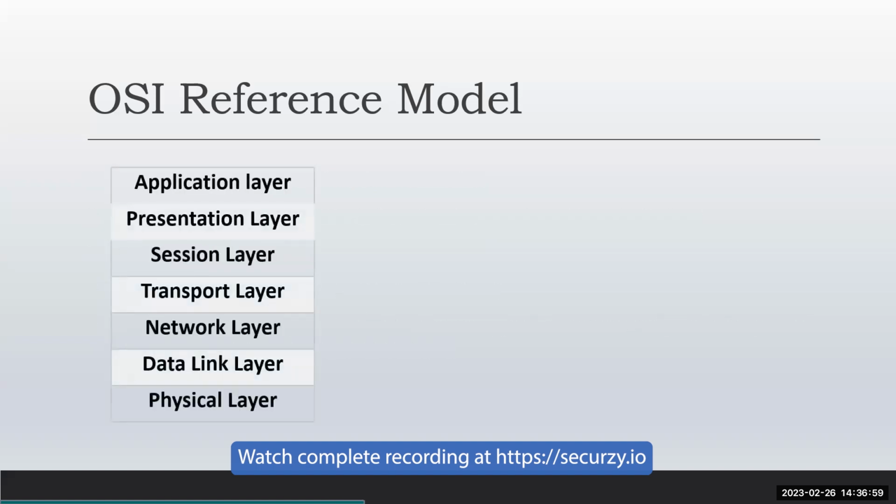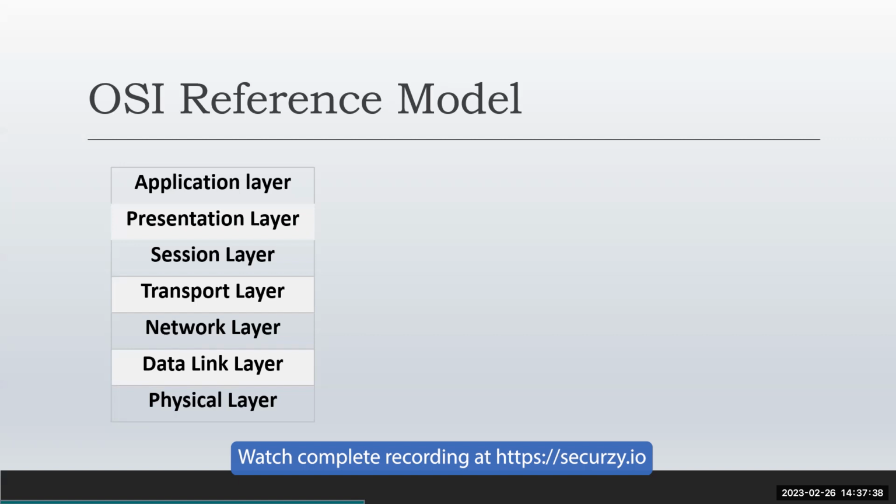So the 7 layers are the application layer, presentation layer, session layer, transport layer, network layer, data link layer, and physical layer. Just tell me how many of you make mistakes while learning these layers, like you cannot tell the exact position of a layer? How many of you have this problem? I can. Okay, you can learn easily, right? Some people mismatch the layers and sometimes change the order of the OSI reference model. That is a very common thing, and it is incorrect.